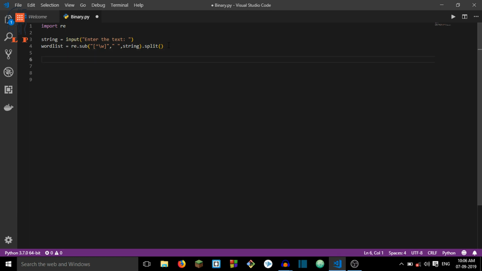Now let's take the length. Let's count the number of elements inside the new word list. For that, length equal to, we are using the len function, length word list. Now that we have the length, we need a for loop. For i in range length,